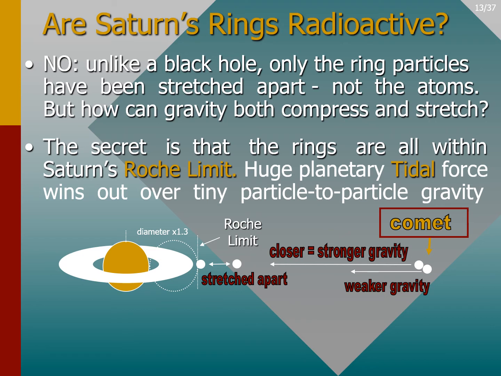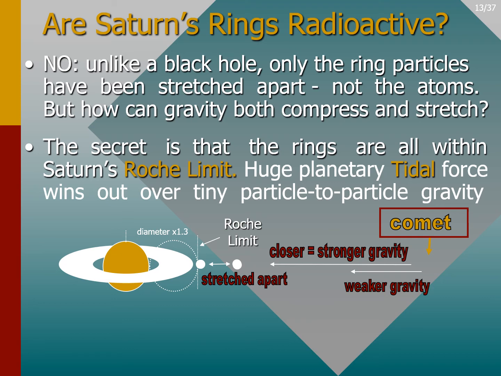The way tidal force works is shown on the slide. When a comet is far enough away from Saturn, it experiences no gravitational pull. But as it gets closer, the front side may experience 100 pounds of pull, while the back side experiences 90 pounds of pull. This is a stretching force of 10 pounds, and 10 pounds is probably enough to rip apart a snowball. Scientists have calculated the amount of planetary tidal force that is required to rip snowballs and other types